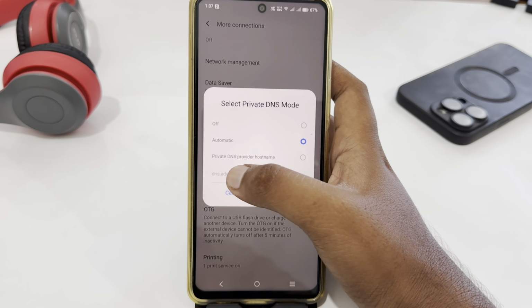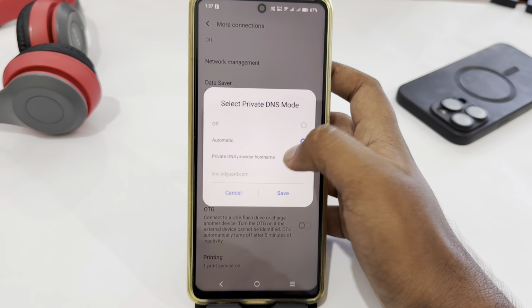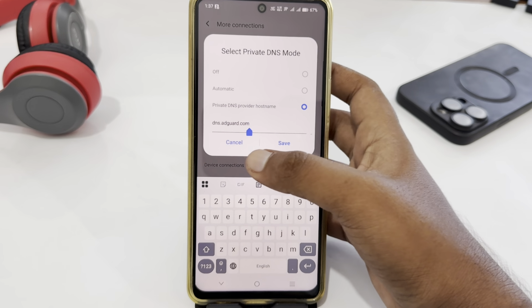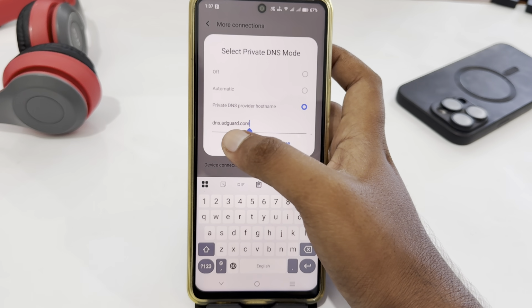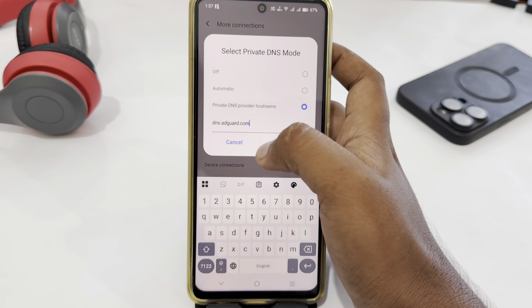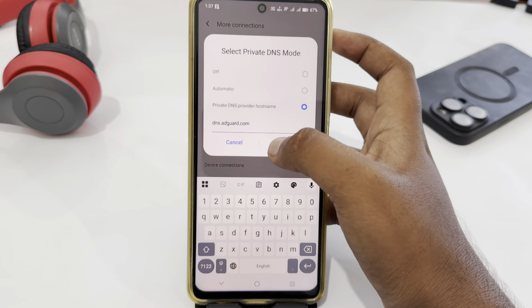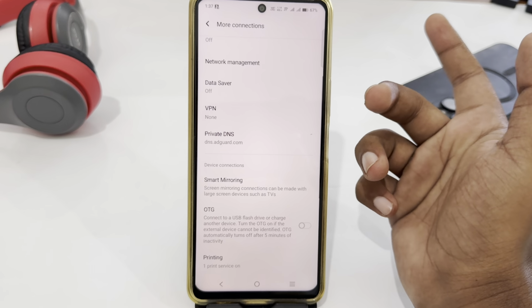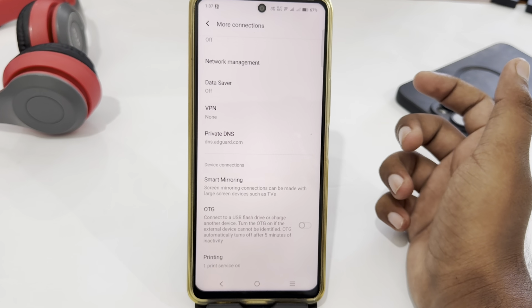But if you set private DNS provider hostname, so just tap on it, and here you can enter the host name. As you can see, I have already entered, which is dns.adgod.com. Then tap on save. And that's how you can change DNS